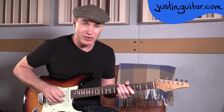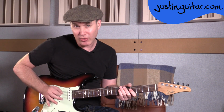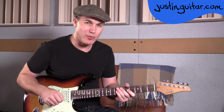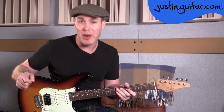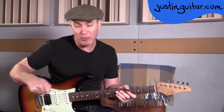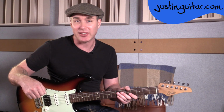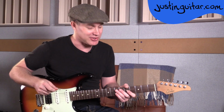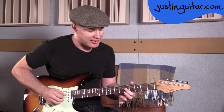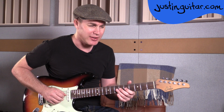It's a really, really good technique, this, the edge of the thumb, but you can also use the palm of the hand. It depends on the lick, and there's not really a set rule. It very much depends on the lick and the circumstance, and you're going to have to try and figure out both. And the best way of doing that is just when you hear a string noise when you're playing, figure out which one feels comfortable and start practicing it to make it work for you. But don't give it too much thought. Just be aware of it, and usually your body will sort things out for you, which is kind of lucky. One thing I will mention to you as well, that you sometimes, particularly the first finger bend,